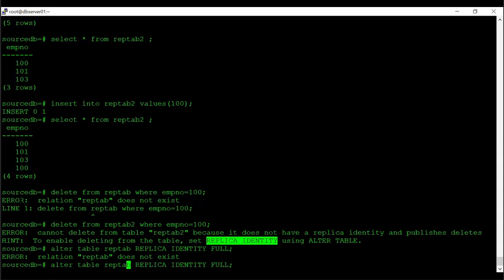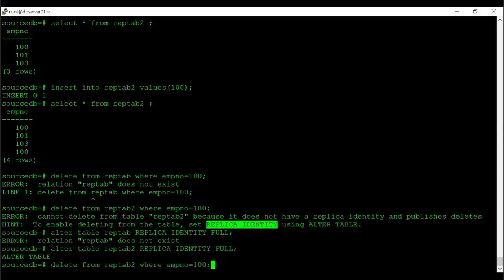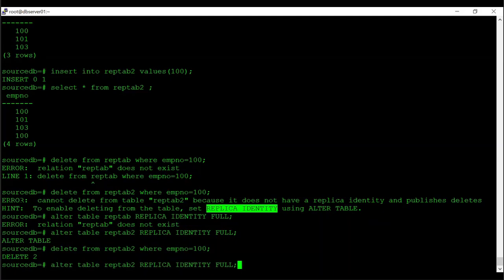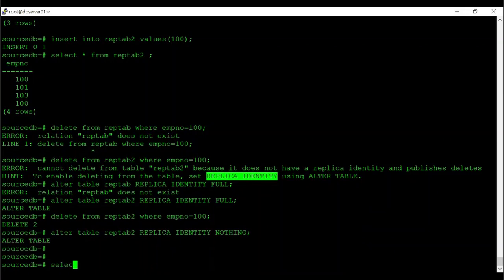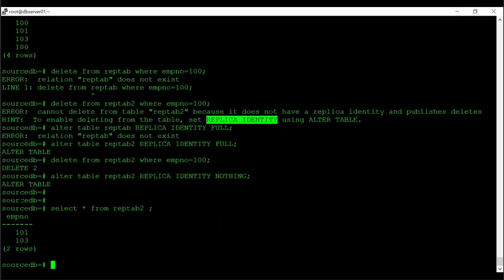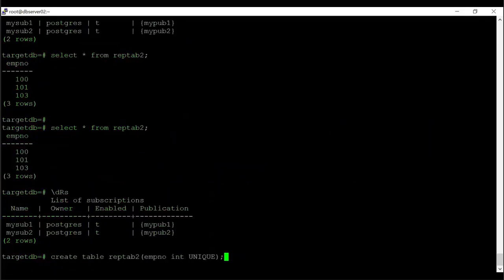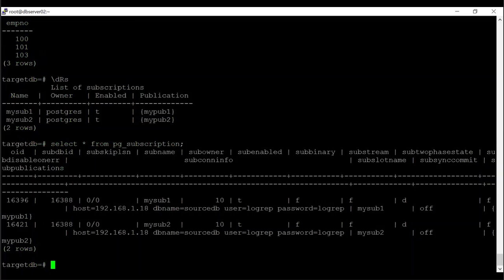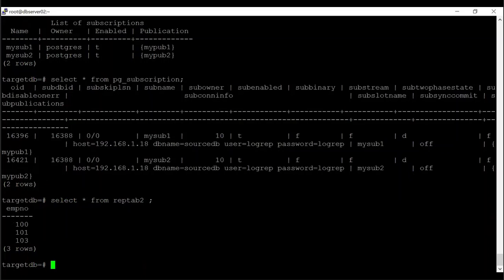Rep tab 2. I'm going to delete these records for now, and let me make it back. For now I have only 2 records, but here you could see the other ones as well. So now what I will try to do is,